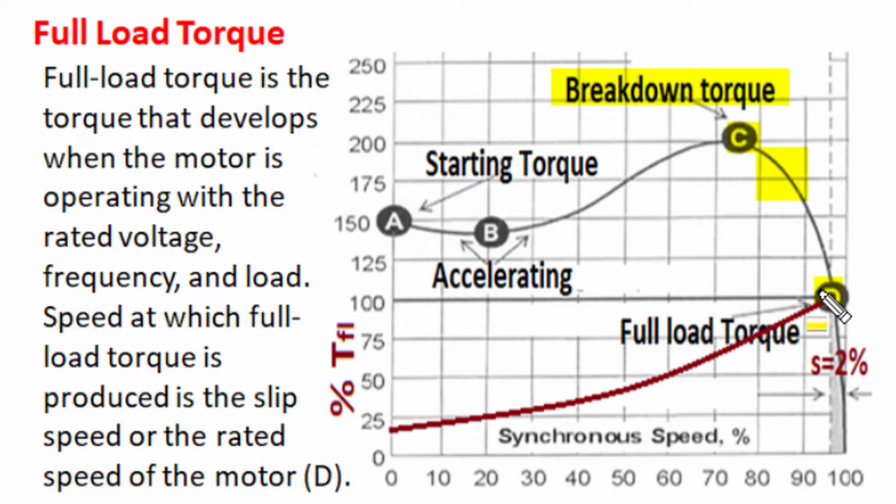Now the speed or slip at which this full load torque exists is known as full load speed or full load slip, and for a typical NEMA class B design motor the full load slip is around 2%. That means the rotor speed and the rotating magnetic field of the motor have a speed difference of only 2% of synchronous speed. For a 50 Hz supply and a 4-pole machine, the synchronous speed is 1500 rpm, the full load speed with 2% slip is 1470 rpm, so the difference